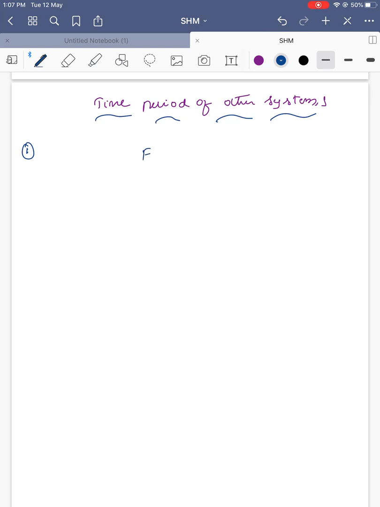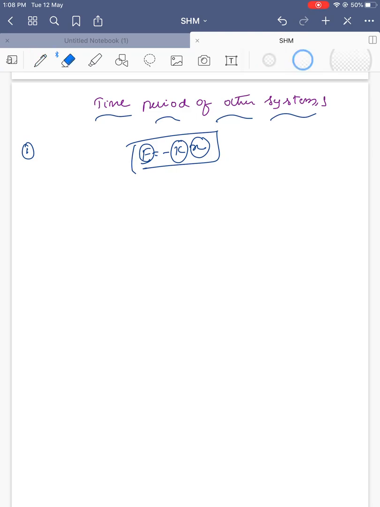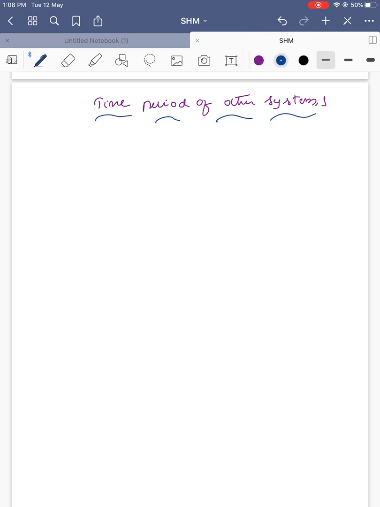So if we can write F is equal to minus k into x, where x is a displacement and k is a constant, and F is m into a, where m is the mass of the body, then everything is simple to write if it does an oscillation motion. First example, a ball